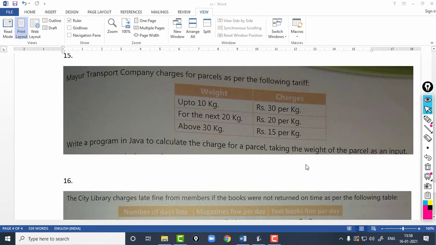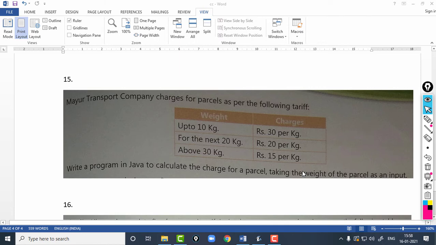Let's see the next question, question number 15. So Mayur Transport Company charges for parcels as per the following tariff. Okay, if the weight is up to 10 kilos, the charges will be rupees 30 per kg. If the weight is less than or equal to 30, that is for the next 20 kilos.